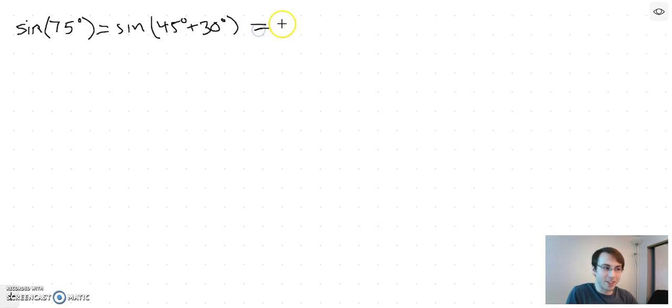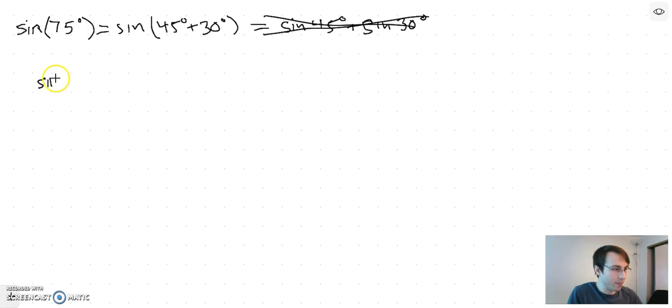It would be nice if we could just say that's equal to sine of 45 degrees plus sine of 30 degrees, but unfortunately that's not the case. It doesn't simplify that easily. But it's not too complicated the way it actually works. So let's talk about that. In general, if you've got an angle